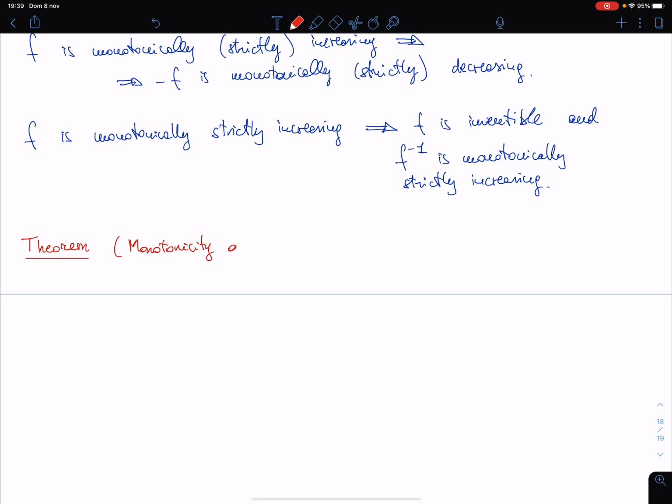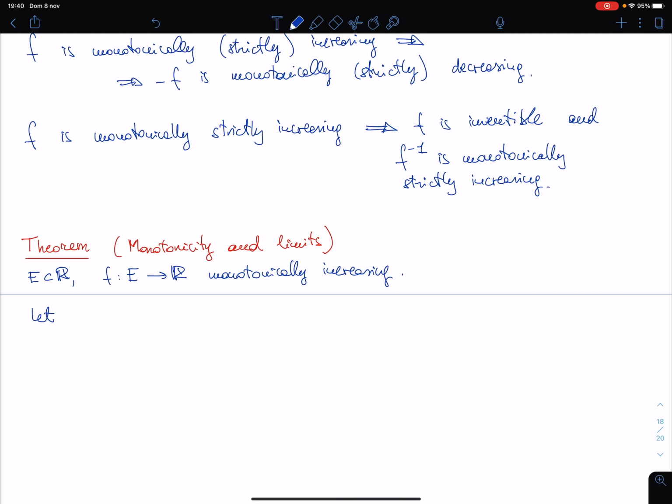Monotonicity and limits. So again you have E in R, f from E to R monotonically increasing, and then consider x bar, an accumulation point of E